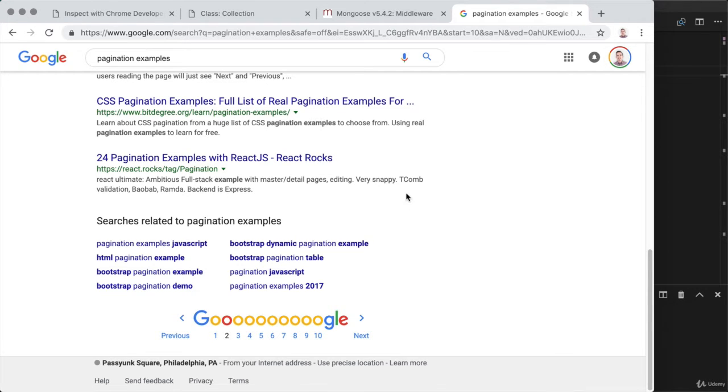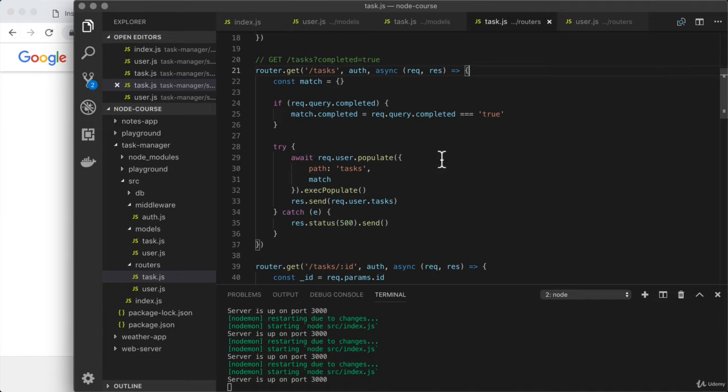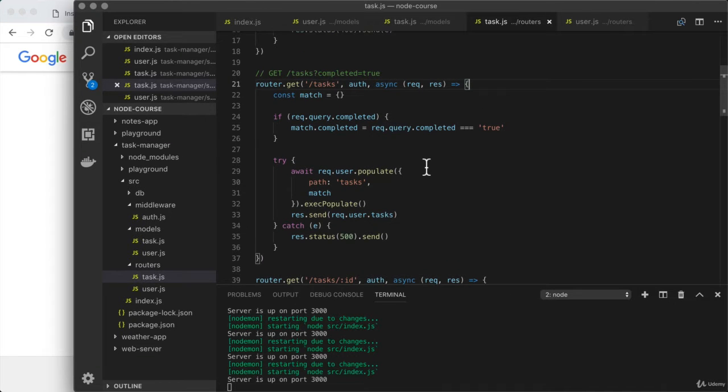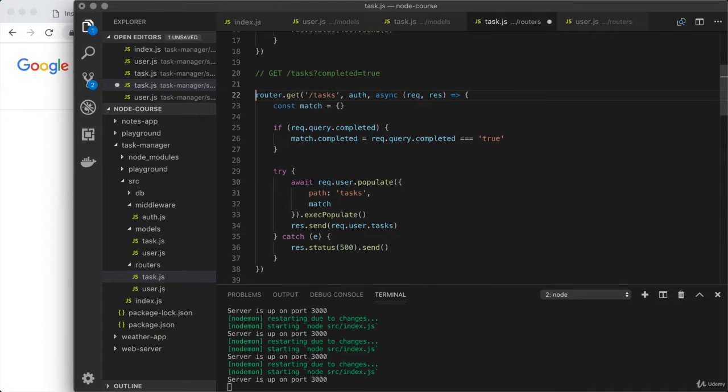Now, regardless of which of those 3 approaches you actually want to implement for your app, the backend is going to be the same. We need a way for people requesting their tasks to specify which page of data they're trying to fetch. And we're going to do that by setting up 2 new options for this request. There are 2 options we're going to enable to add support for pagination. The first is limit and the second is skip. Now, both of these are going to get set equal to numbers,